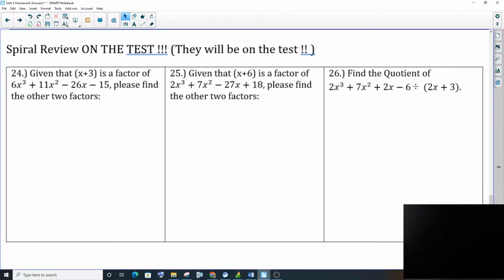Bonus spiral review. Here we go. They're going to be on the test this year, 2022. So let's see, winter, November 2022. Might be if you're watching this next year, maybe not. We'll see. Just as our students need help, so we're spiral reviewing these questions that they missed on the first